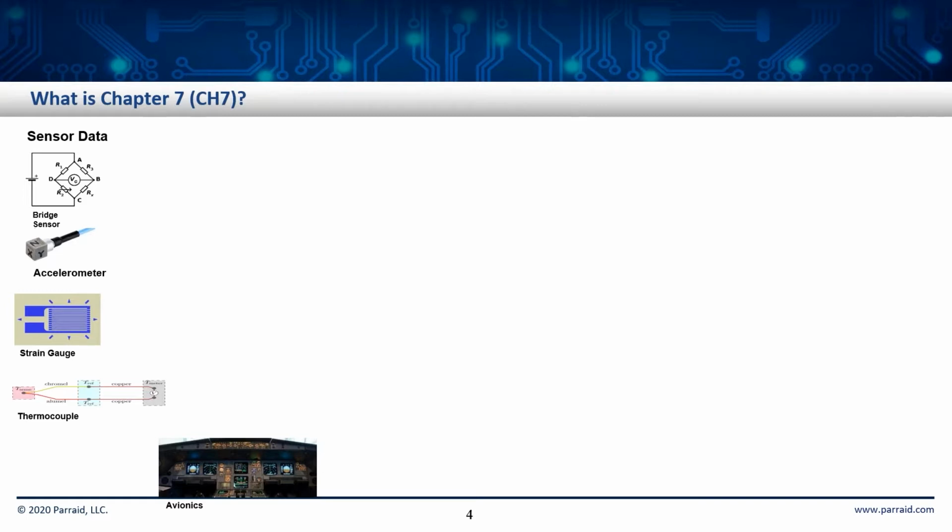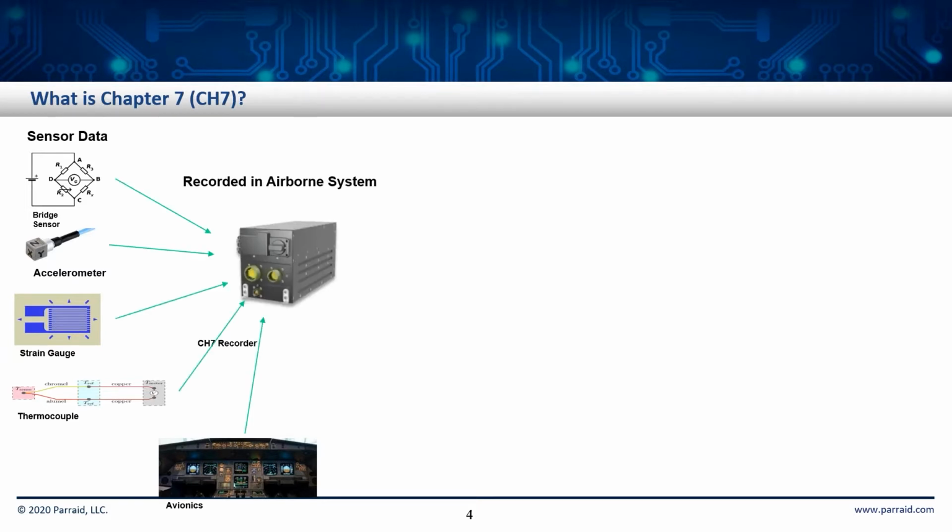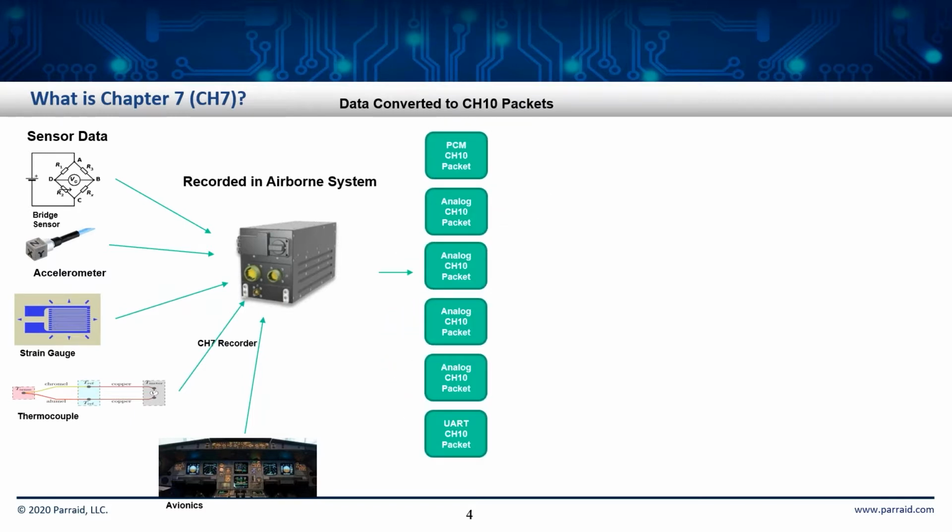Chapter 7 starts with data coming from an aircraft typically. This could be sensor data like bridge sensors, accelerometers, strain gauges, that type of stuff, avionics. It could be bus data like 1553. It could be video, really any data that might be coming off of the aircraft. And that data would be fed into an airborne recorder system, and that system would then turn that data into Chapter 10 packets for each of the different types